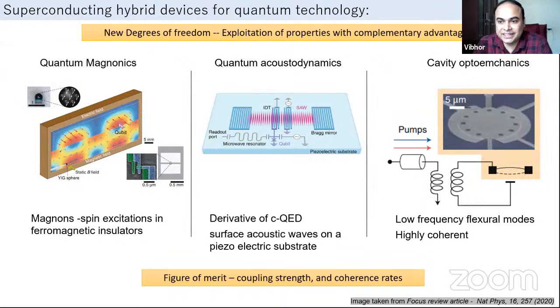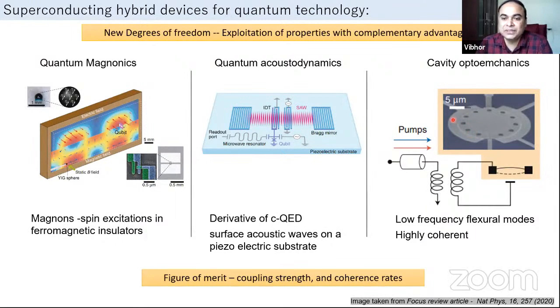The third example is from cavity optomechanics, where we have vibrating mechanical oscillators made in a drum shape, and these oscillators can be used to capture single propagating photons. You can have the information stored in mechanical vibration for some time and then retrieve it later. Typically the flexural modes of these mechanical resonators are at low frequency and they have a very long rethermalization time. So you can have the information stored in the vibrational modes for a very long time and then retrieve it later.